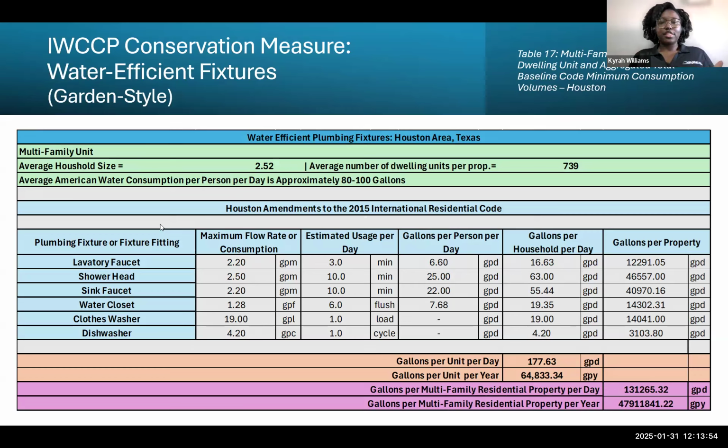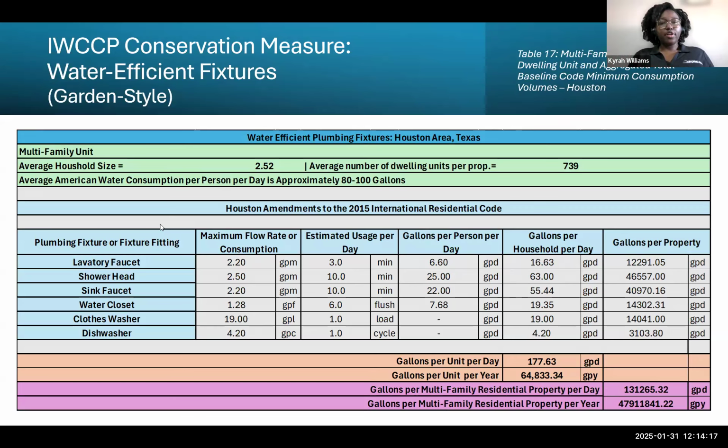And to go into more detail specifically about this one, looking at the numbers that are depicted for the gallons per household per day and the gallons per property, for instance, looking at the gallons per multifamily residential property, we're looking at an estimated total of 131,000 gallons per